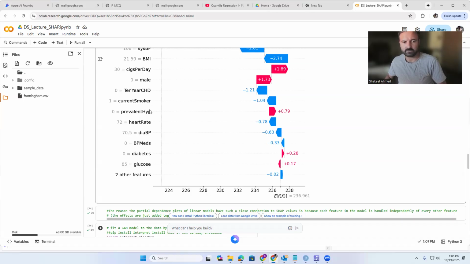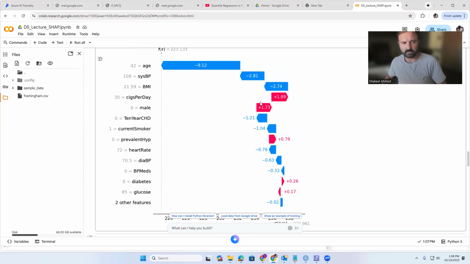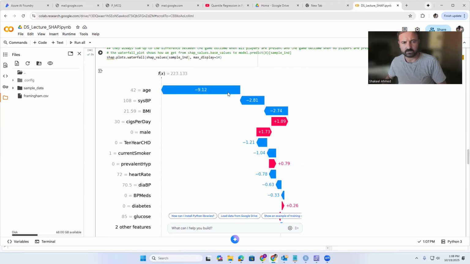For a hypertensive individual it goes up, but collectively it goes down. For the final value, when we include age, it decreases by minus 9.12. That is the adjusted effect of age when including all other variables on these